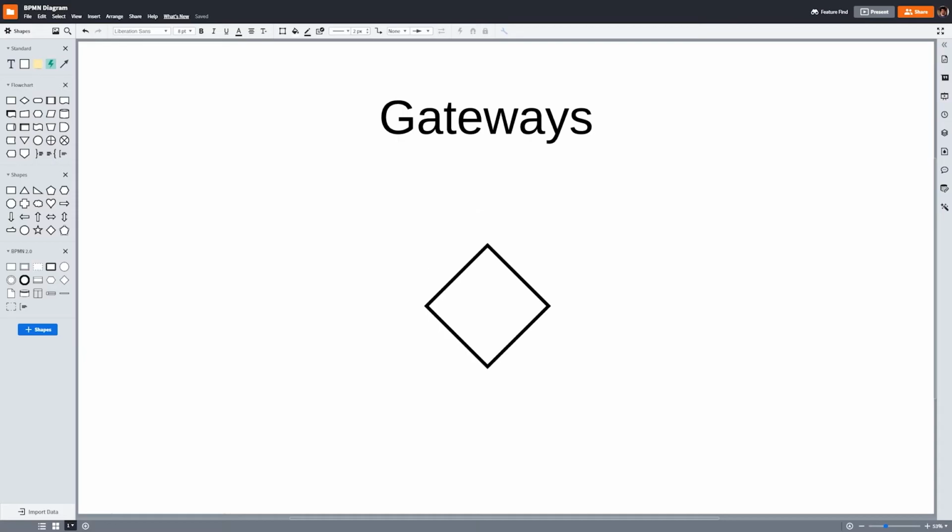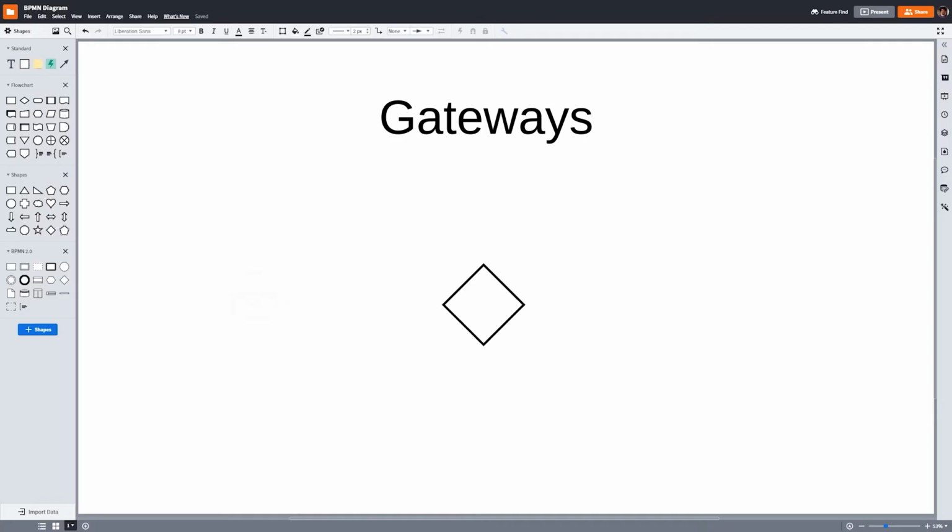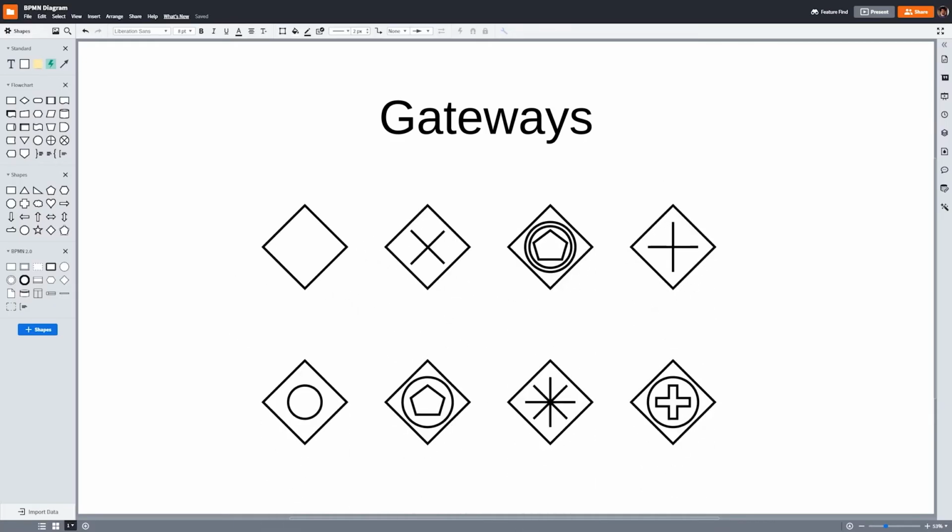The last type of flow objects are gateways. Gateways are represented by a diamond shape and are decision points that can adjust the process path or flow based on certain conditions or events. Like a pipe may split and divert water in 2 directions, so are gateways. They create a condition where a choice needs to be made. For example, a gateway can be used to show the separation in a process path where a customer decides between 2 different shipping options. There are several different types of gateways differentiated with symbols.